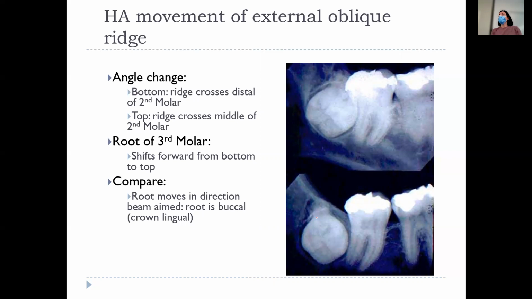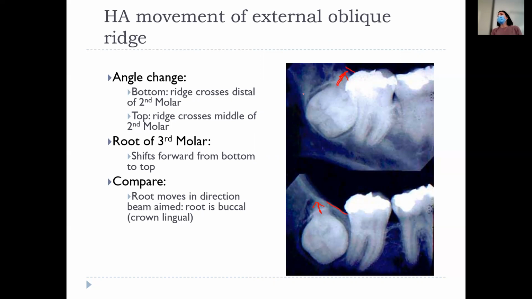So we look at this first one, and it looks to us like the occlusal surface, right? But you want to notice the roots coming back here. They go from this position, oh, my marker didn't work. It's probably going to show up in a second. There we go. So they go from here to here. You see how the angle changes? Goes from this angle to that angle. And then our external oblique ridge went from here